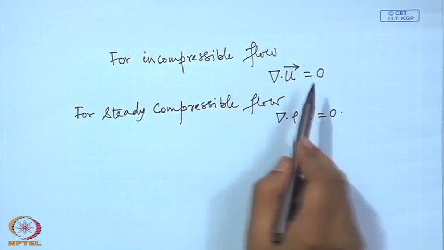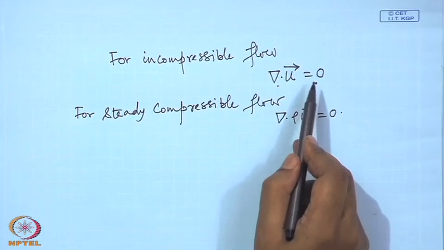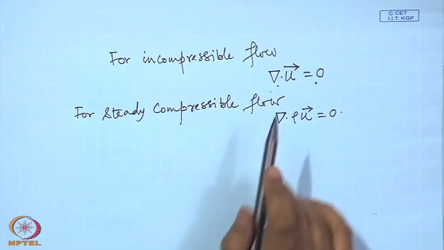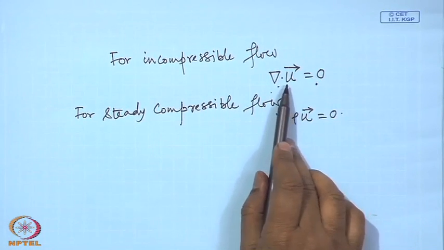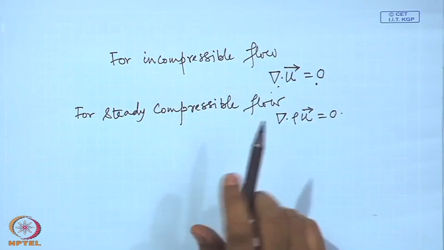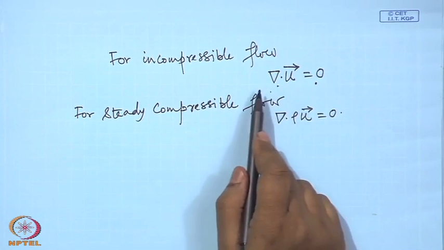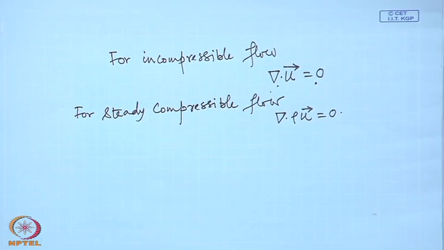See, for the incompressible flow, this divergence of u equal to 0 holds even when the flow is unsteady. Even when the flow is unsteady, this u can be a function of time. Velocity at a point is a function of time. However, still the time derivative does not appear in the equation, even when the flow is unsteady in case of incompressible flow. That is because of